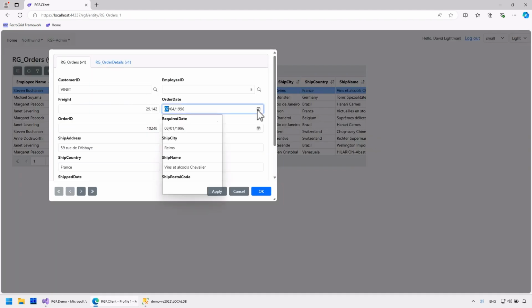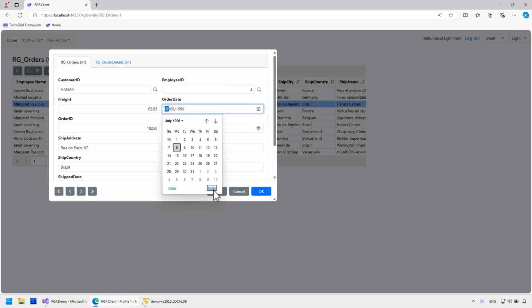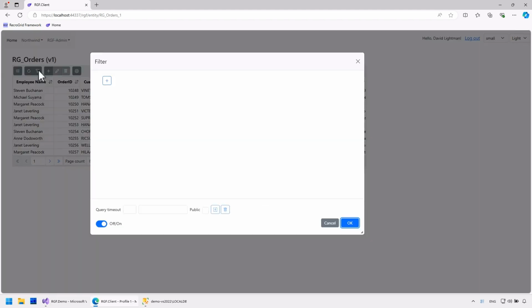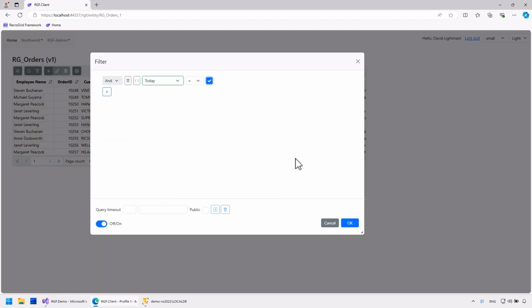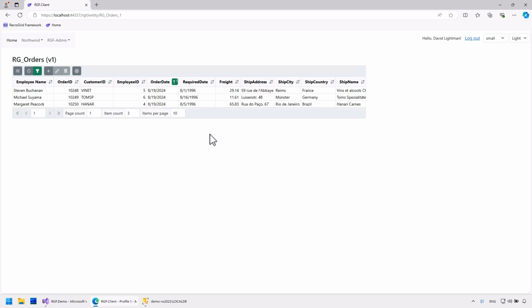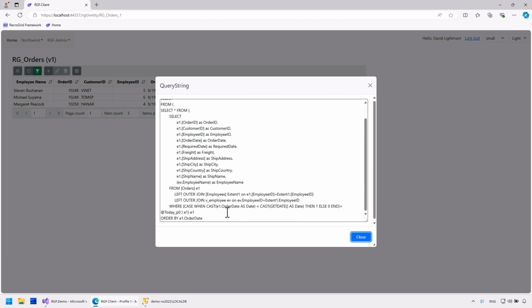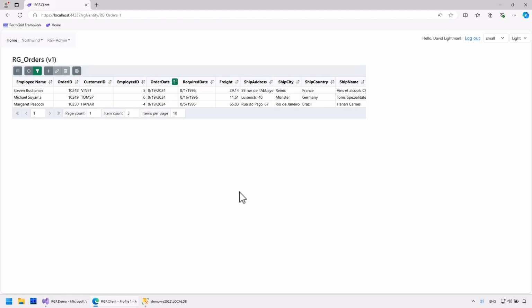To get results, I will quickly edit some records in this old database. The new field that can be filtered will appear in the filter. And here it is. In the query string, the filtering is visible here. Now I can save the current today filter as default, and it will work even if the database stores both date and time. That was really simple.